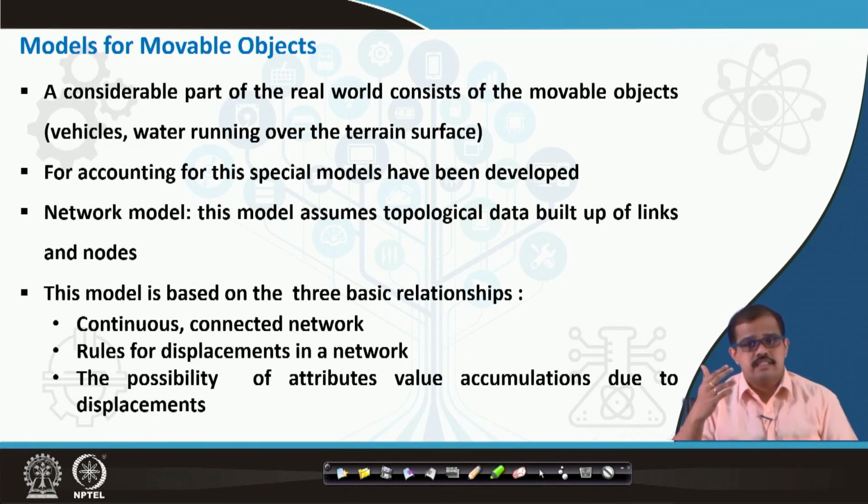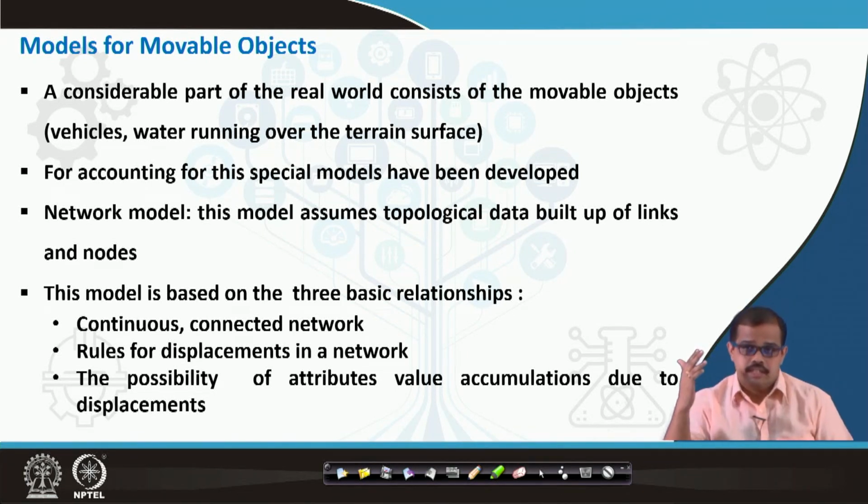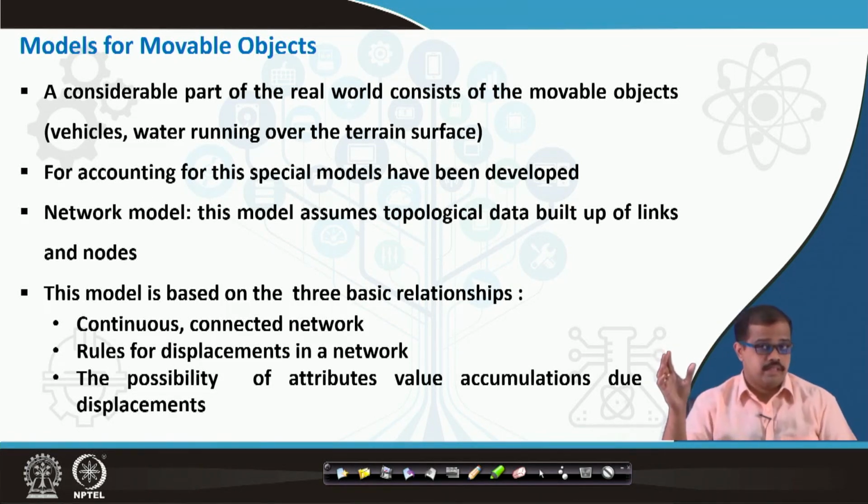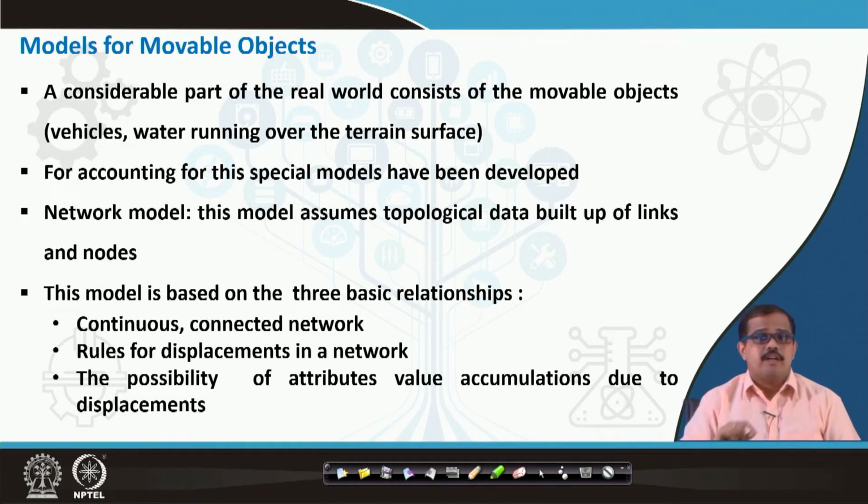And the next thing is, till now we have looked at representing a static object: house, road, industries, all of this stuff. But when we have to represent a moving object, that is extremely important in a real world model. Without having a moving object, your model is never complete.